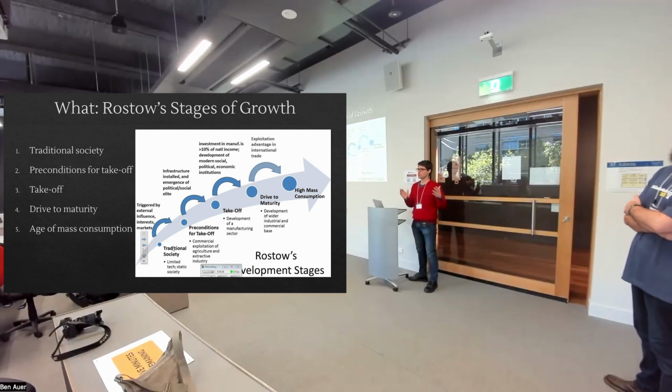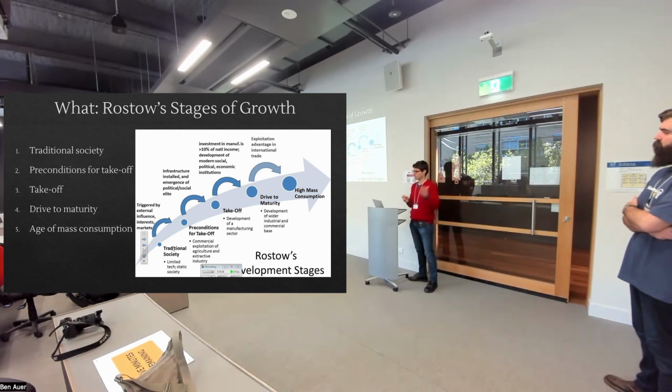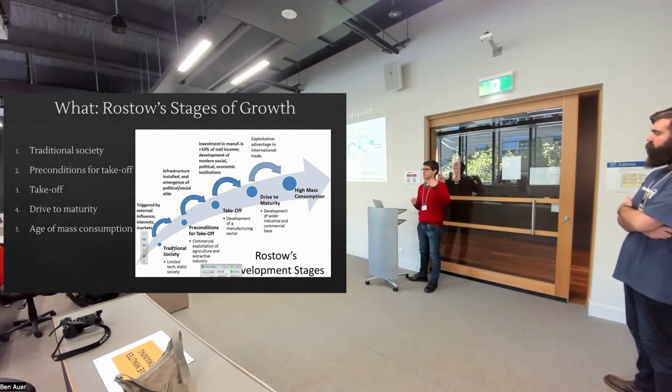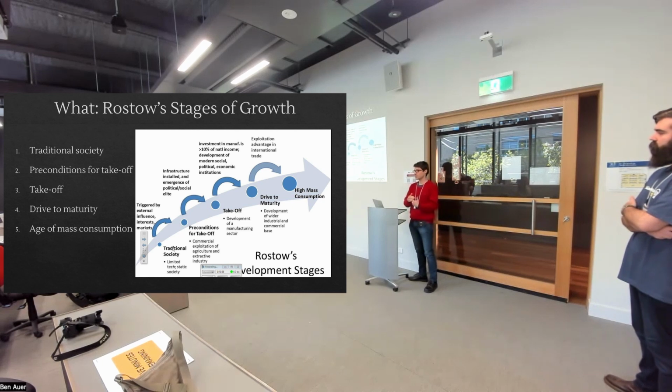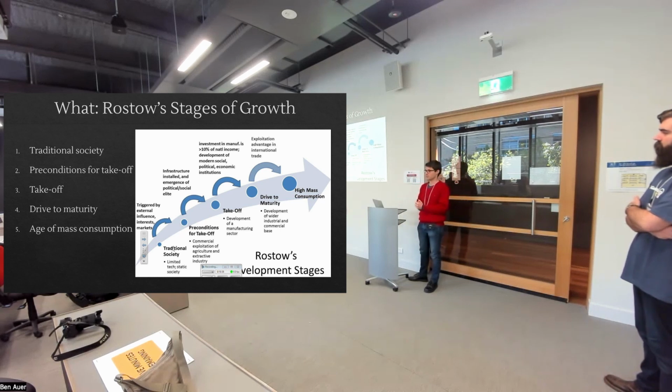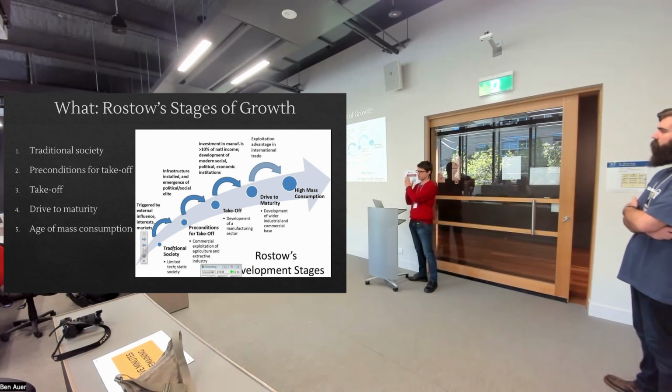During the takeoff phase, many people move from agriculture into working in industry. So there's a massive change from a rural-based society to an urban-based society, and from an agricultural-based society to an industrial society. And those who stay in agriculture increasingly are selling more and more of their produce on the market, which is necessary to support the urban population because they need to buy food, right? So there's a process of overall structural change of the economy from subsistence agriculture focused to commercial agriculture plus urbanized industrialization. And this goes along with changes to transportation and other types of institutions as well, which we'll talk about. So massive changes to government and the way that society works.